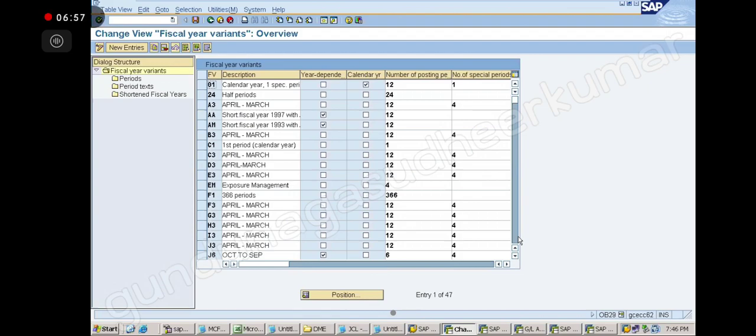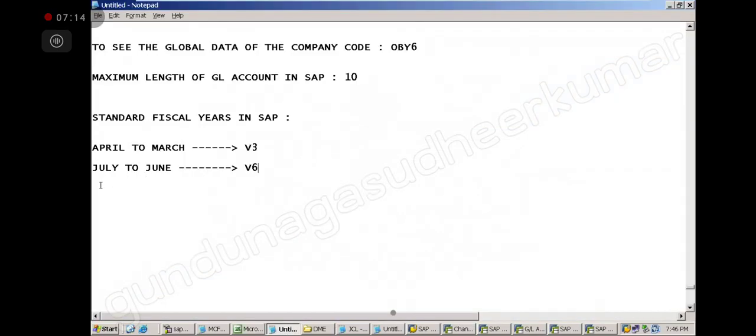So now April to March is there, July to June is there. But if you have a requirement to create for some other country, for some other year, how can you create? That's why for knowledge purposes we have to use it. Now we have October to September also.